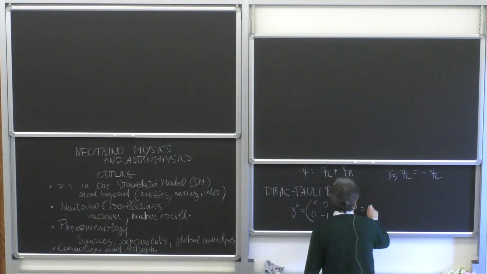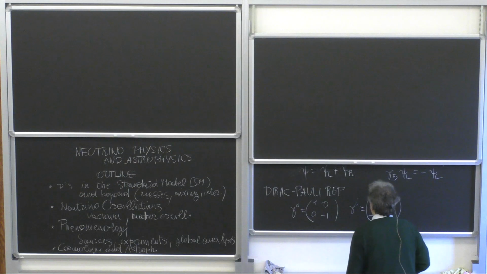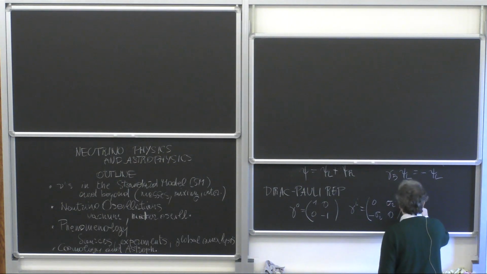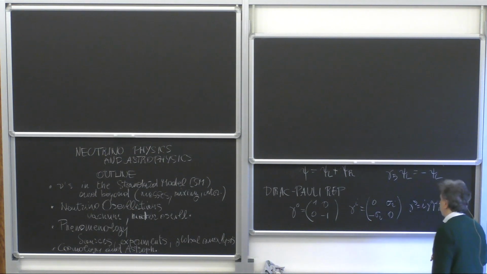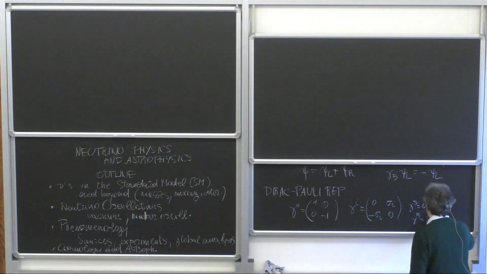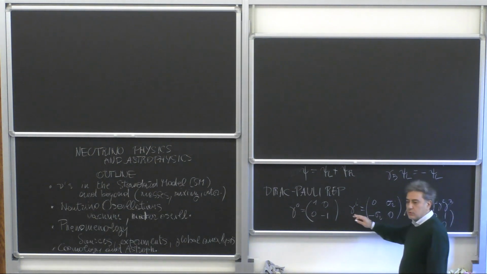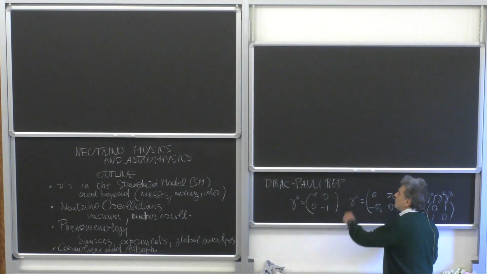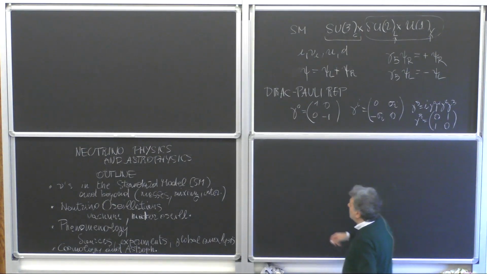Gamma i is (0, sigma_i; -sigma_i, 0). And gamma 5, that is i gamma 0 gamma 1 gamma 2 gamma 3, is (0, 1; 1, 0). Okay, but we will not use this representation, because to discuss neutrinos, it is better to